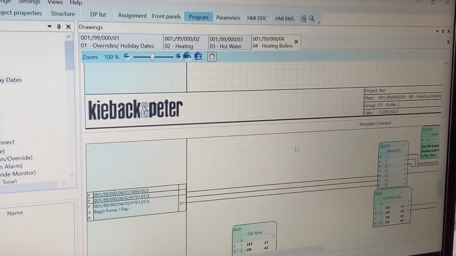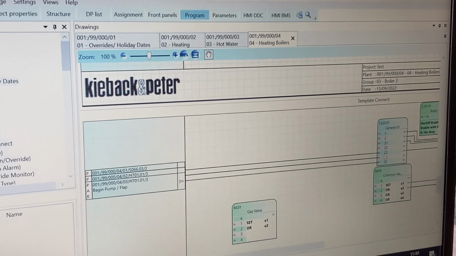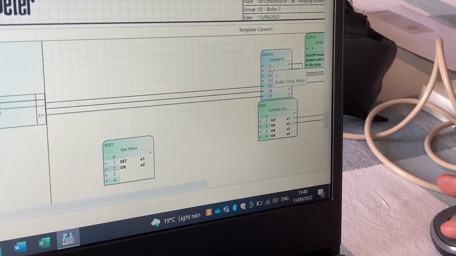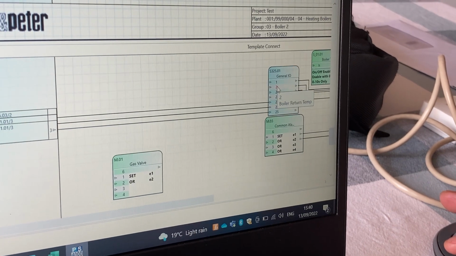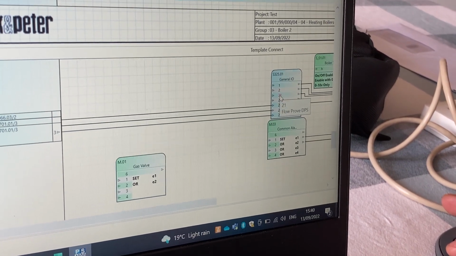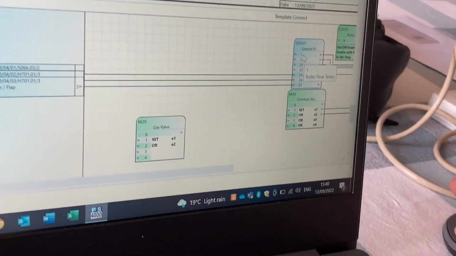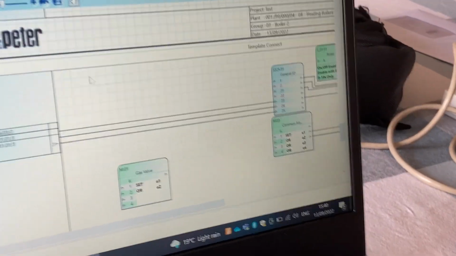Template connect. General IOs. So the first one is boiler flow. Second one is boiler return. Flow proof we don't have, and spare. So the first one, boiler flow, is,